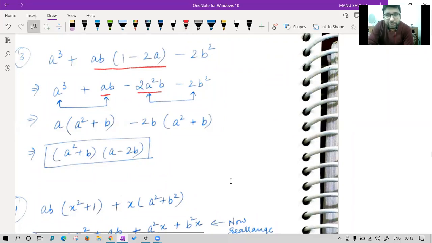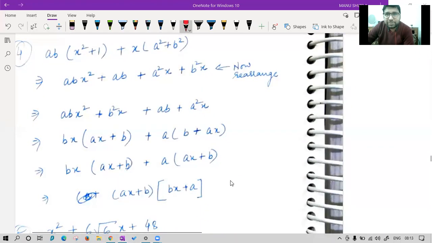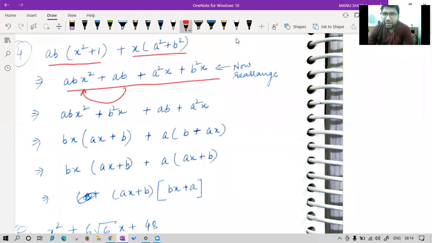Okay, good. The next one. In this kind of question, the maximum mistake is when you open the brackets by distributive property, you make the same group again. This is the maximum mistake by students in class 9th. What they do is first they open the brackets like this, that is fine, but then they again take the same combinations and get the same thing back. Like this, they are wasting their time. So at least you have to change something, no? Then only you will get something new.